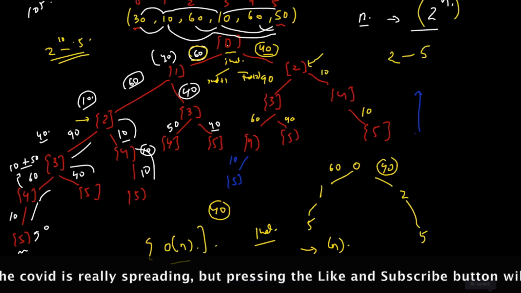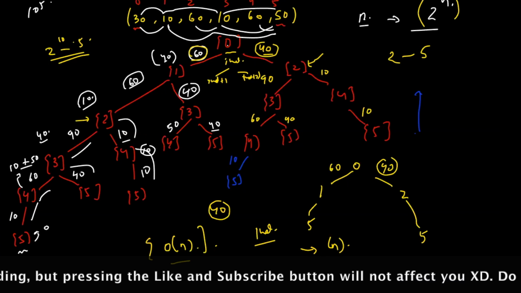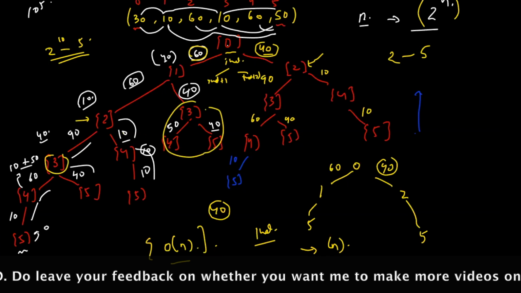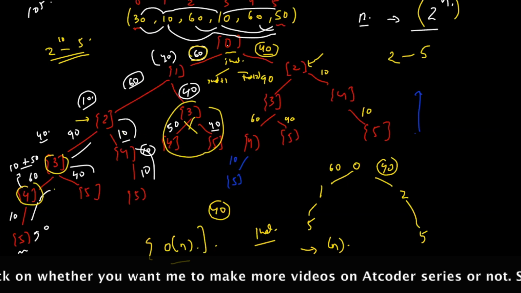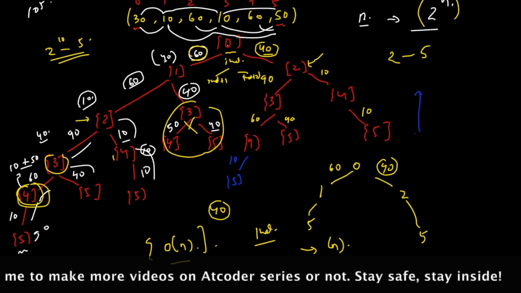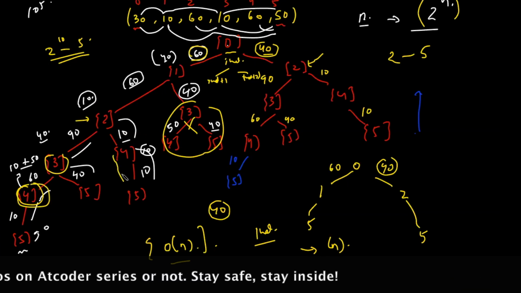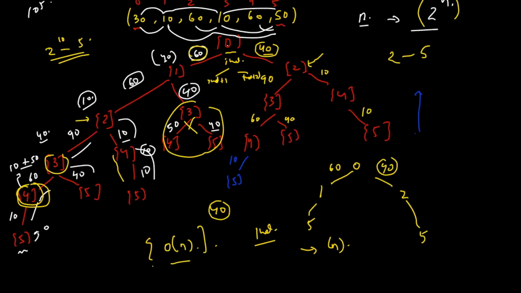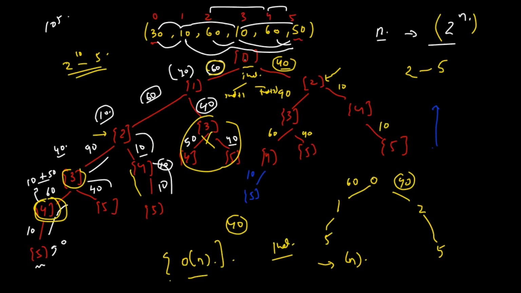So this is where dynamic programming comes in. Basically, reuse the values that you've already stored. You can also see you've computed for 3, so this doesn't need to be recalculated. Similarly over here, you've computed for 4, so it doesn't need to be recalculated. If n is very large, you can see multiple repeated subproblems. And this is the reason the complexity boils down to linear, O of n, because at max it will only visit the number of states. The other states are already stored, so it doesn't visit them. I hope you understood the dynamic programming approach.